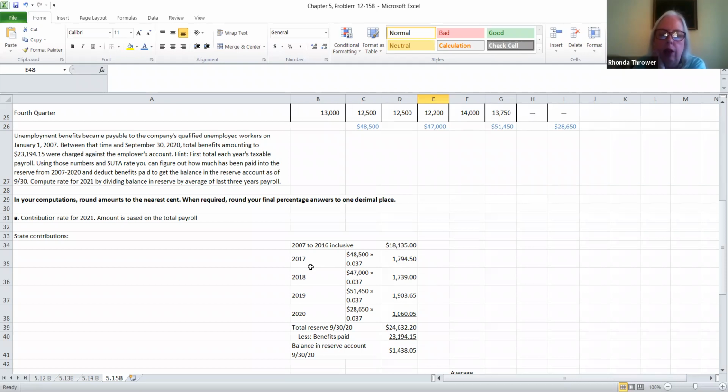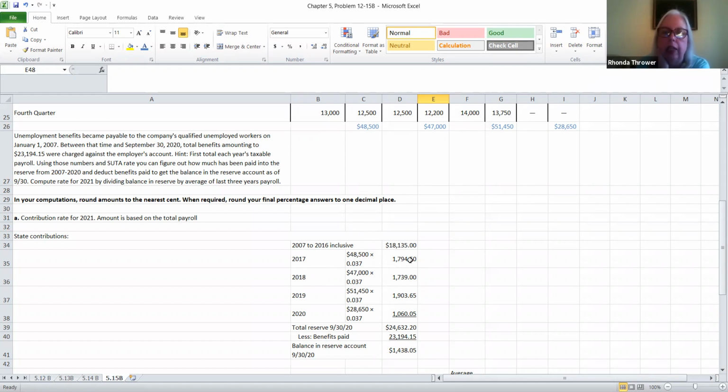And then in 2017, what they did is they multiplied the taxable payroll amount by 3.7%, the given rate of taxes, the amount of taxes that they contributed to the account in 2017 would be